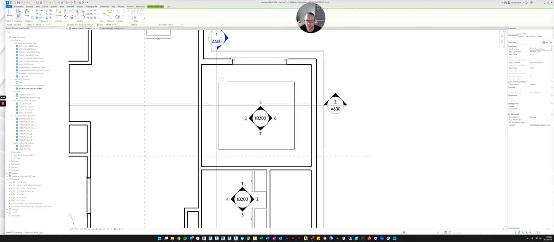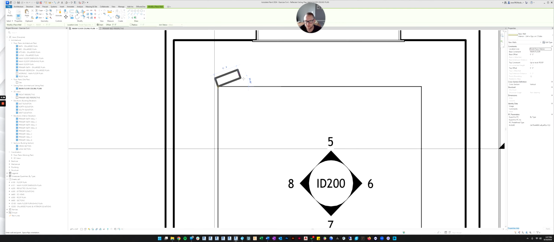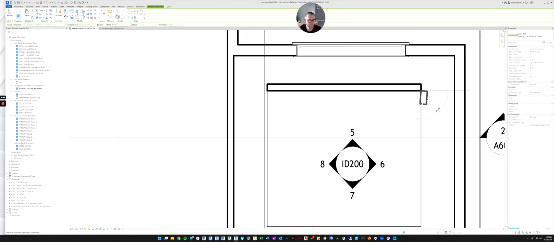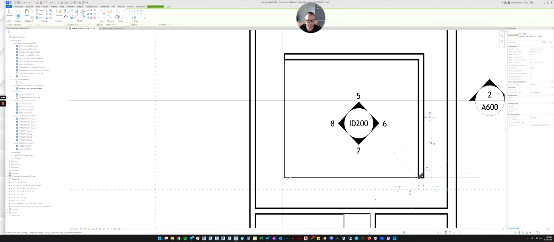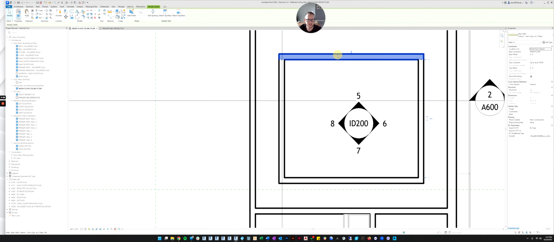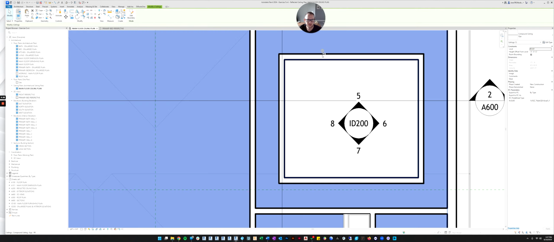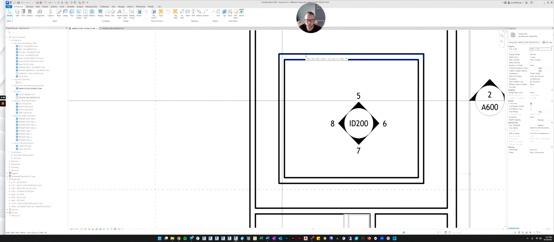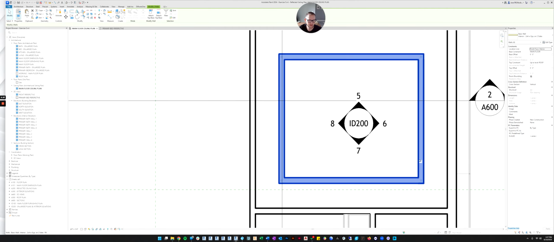Right here. And let's just draw a wall around our ceiling like this. And now let's change its settings. Let's tab to get them all. So just so you know what I did, I hovered over one wall and hit tab, and it selects all the walls that are linked to each other.